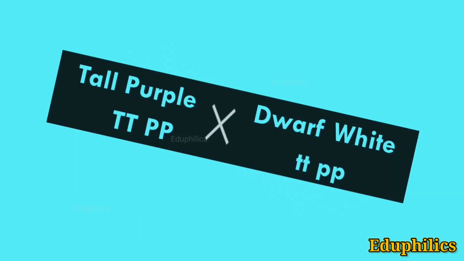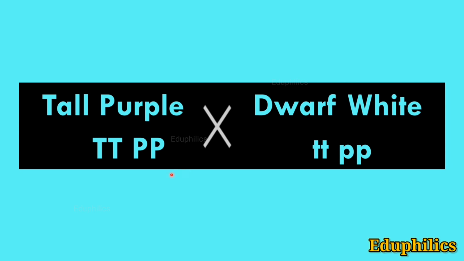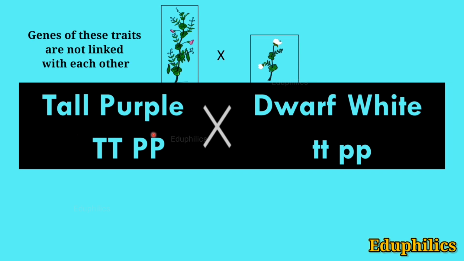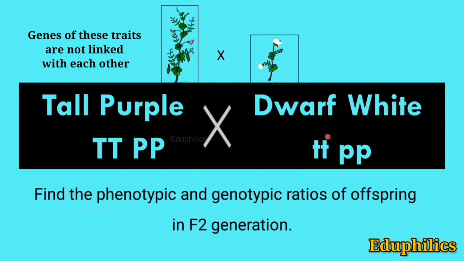If you like taking up challenges, try to write this cross in forked line method. These traits also belong to pea plant. A tall pea plant with purple flowers is crossed with a dwarf pea plant with white flowers. So you should write this cross up to F2 generation and find the phenotypes, genotypes and their ratios. If you want to cross-check its answer,